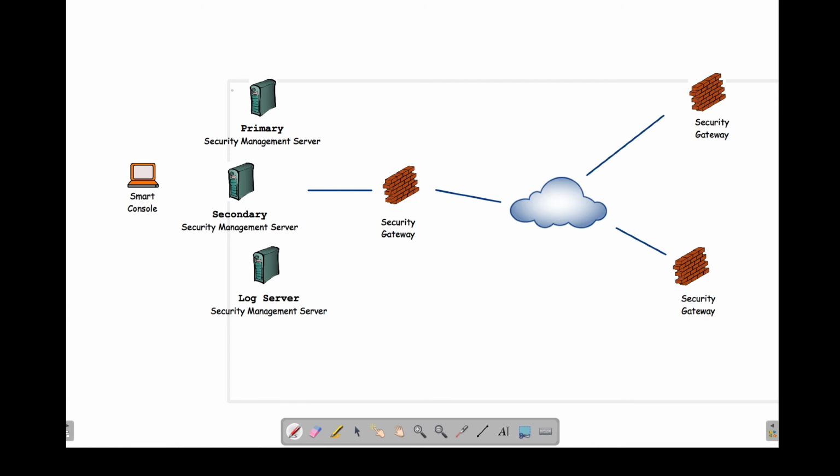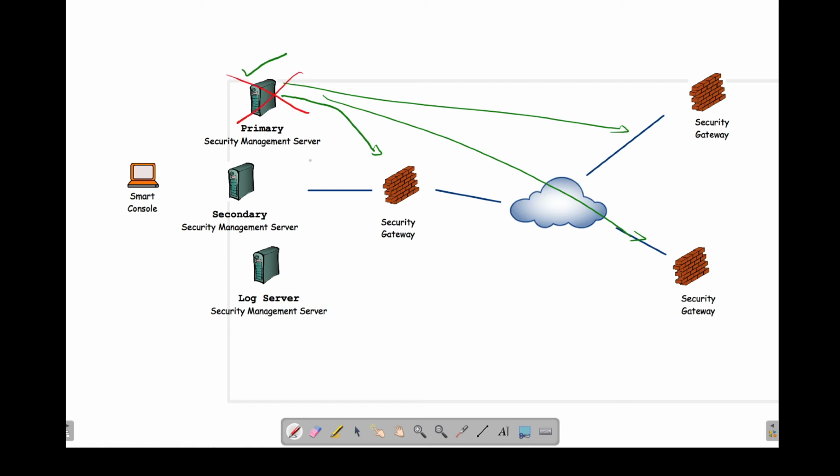Now, if we keep only one management server for the company, and the management server is giving the policies to all the firewalls in the organization, let's imagine the management server crashes. Now the policies cannot be given. Moreover, the security gateways keep sending logs to the management server, and if it is not available, they cannot open a connection to the FW1 service running on the management server and send the logs, if there is only one management server.